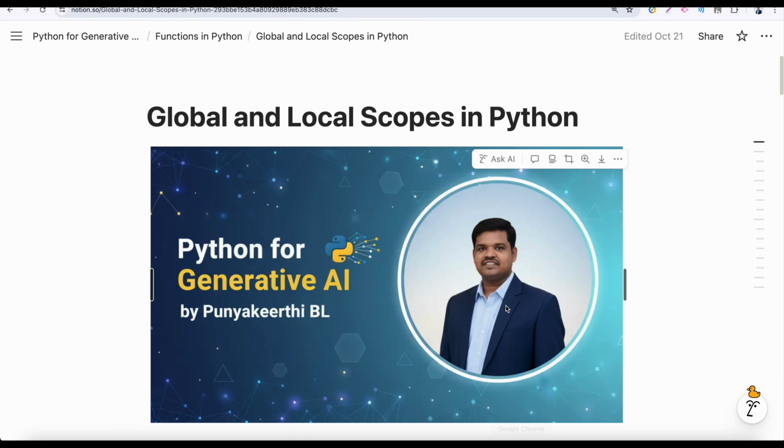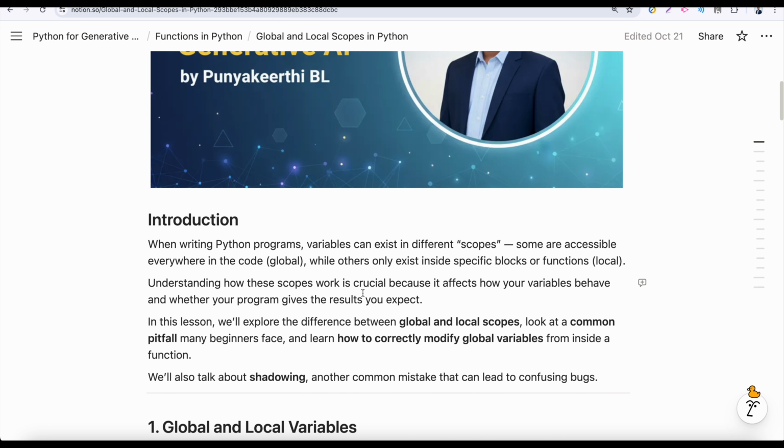Let's start with some introduction. When writing Python programs, variables can exist in different scopes. Some are accessible everywhere, while others only exist inside specific blocks or functions. Understanding how these scopes work is crucial because it affects how your variables behave and whether your program gives the